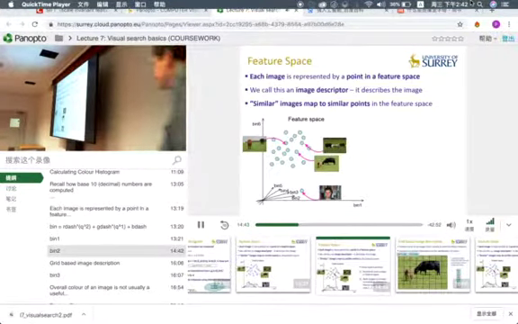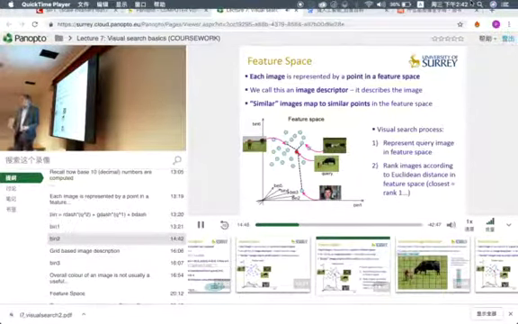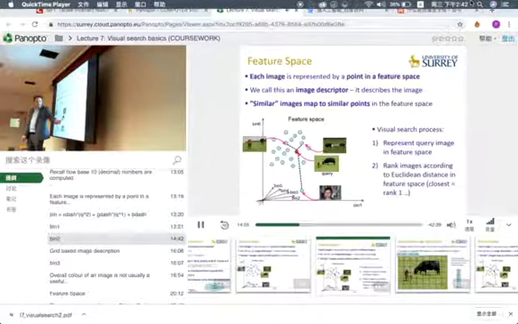So this process of visual search is nothing more than calculating the distance between points in that high-dimensional space. If I've got a new image here, this image might be my query image. This is the image I'm searching with, my query. And I've already taken every image in my data set and figured out where it lands in this high-dimensional space, because I computed that global colour histogram for everything in my database. Then what I need to figure out is which points in this space are close to the point for my query